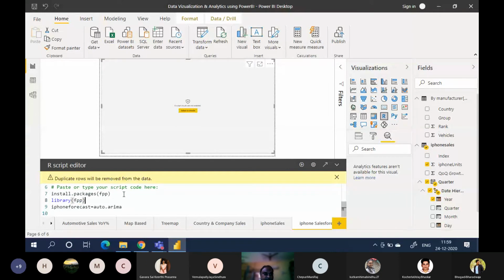It is showing the package name, but... edit script in external IDE.